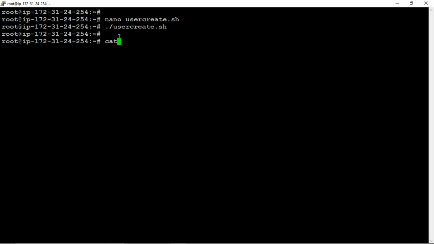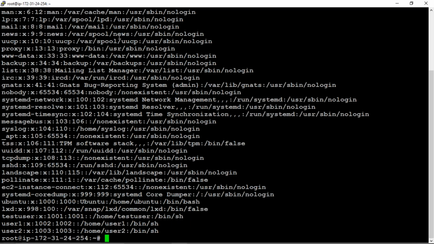Now let us check whether user2 is created or not. Cat space etc space passwd to check all the users. See, user2 also got created.